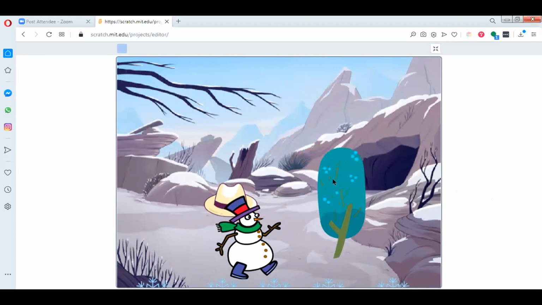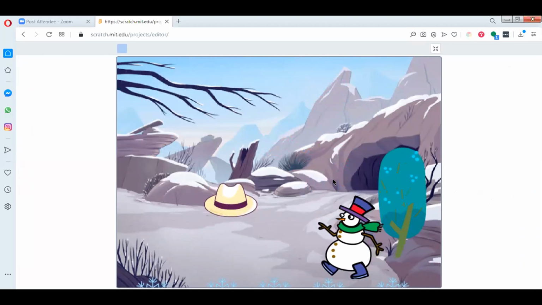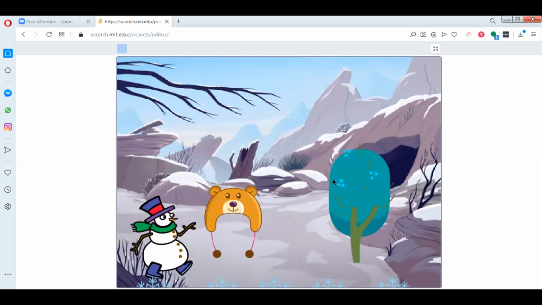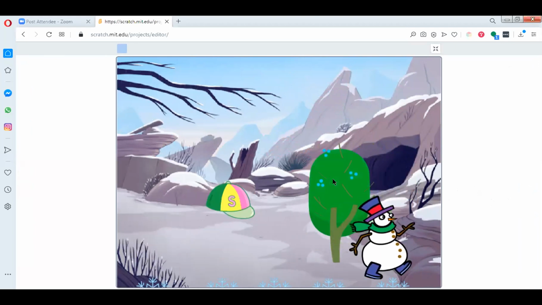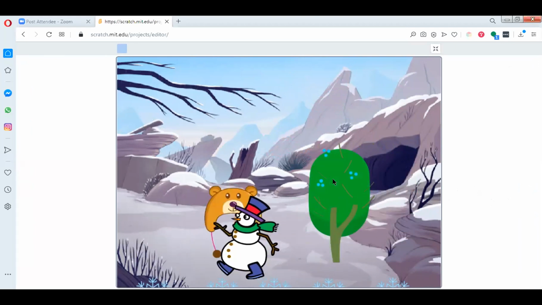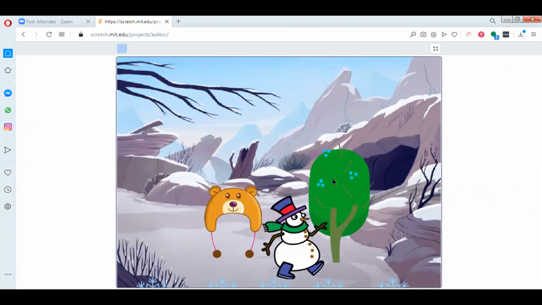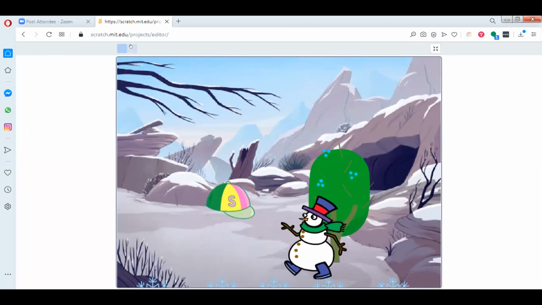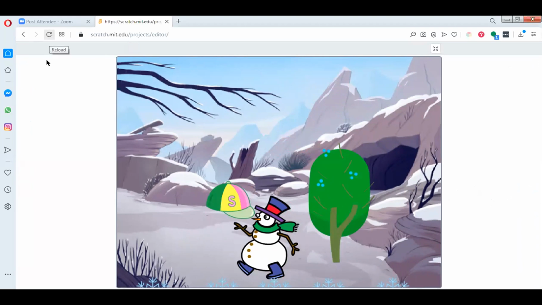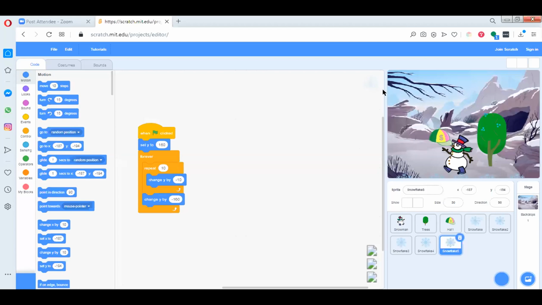All right. So probably when your snowflakes are coming down, you have to move over there, correct? But it looks very good. Okay, where do you have the move? So whatever you coded for your snowflakes, correct? Sir, I'll show you. This is the code I did for the snow. Okay? So you say change y by -10, make it -2 to make it go slow, right?